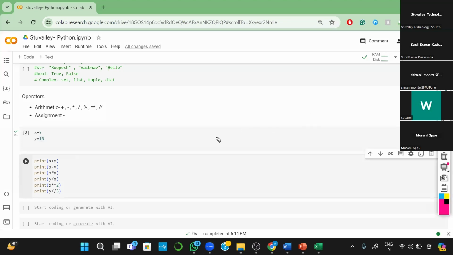Please be careful and please look in here. Now, talking about the addition operation, 10 plus 5, you all know it's 15. That's perfect. Then x minus y, 5 minus 10, that is minus 5. Some people must have written 5, no worries. Then 5 into 10, 5 multiplied by 10, it's 50. Here comes the interesting part. 10 divided by 5,